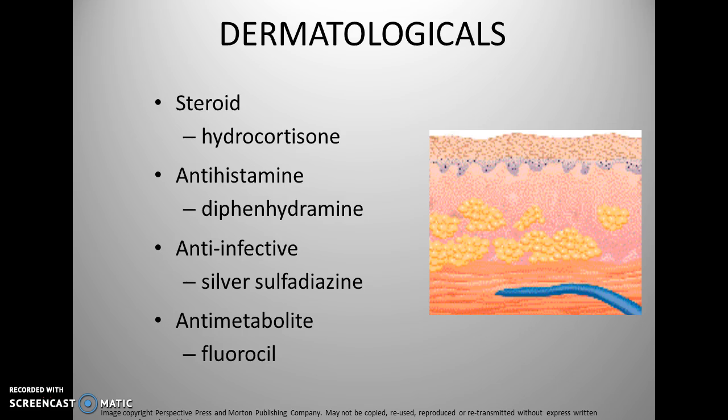Okay, let's talk about the dermatological drugs. When we talk about dermatology, we talk about the skin. Skin has different layers associated with it. The epidermis, which is the outermost layer. You have the dermis, which contains the vessels and nerves, and then you have the subcutaneous layer, as we call that, the hypodermis, which contains adipose tissue underneath that. You have muscle. So the skin is the protective barrier, the first line of defense. Some people consider it the largest organ of the body.